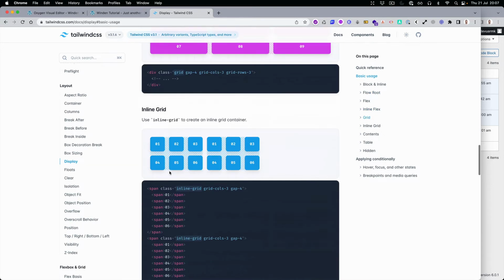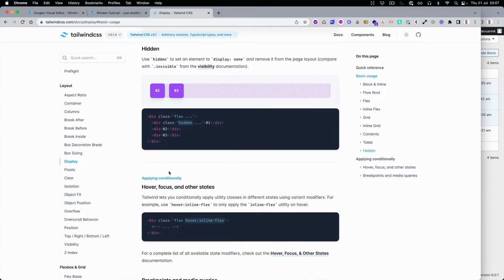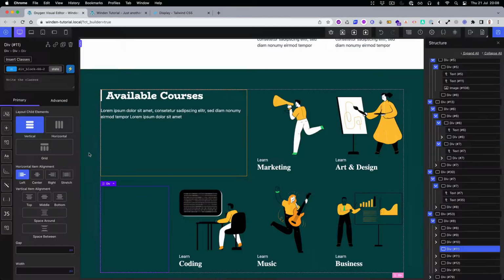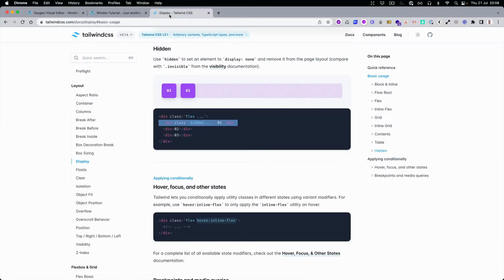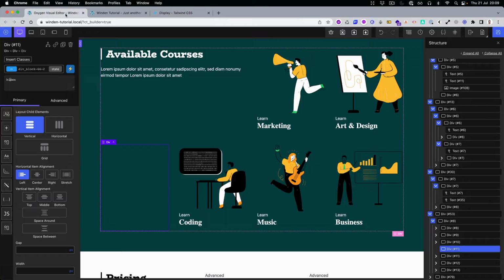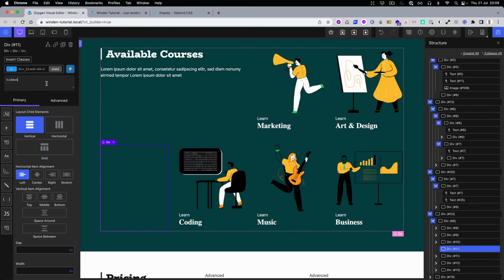Display, let's check for the none. That's hidden. Okay, let's hide this one. What did I do? Hidden, where is it hidden? Yeah, hidden. Let's check what's happening here. Yeah, it's hidden. And then